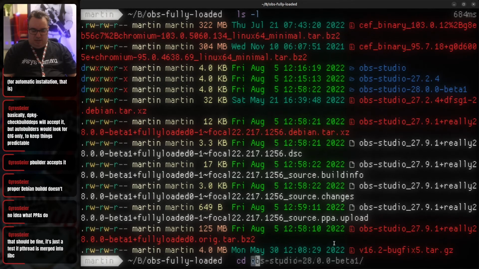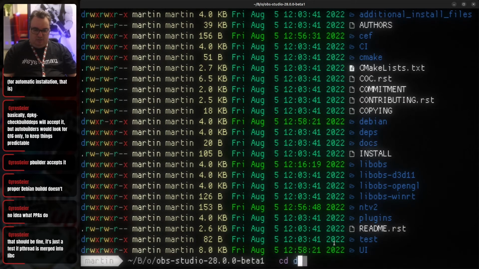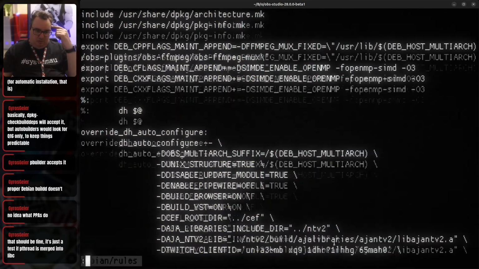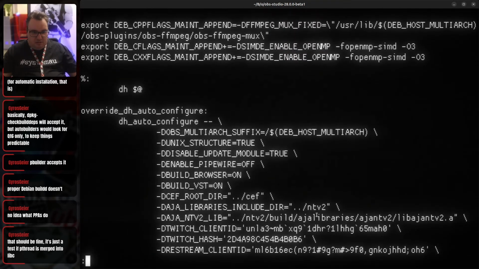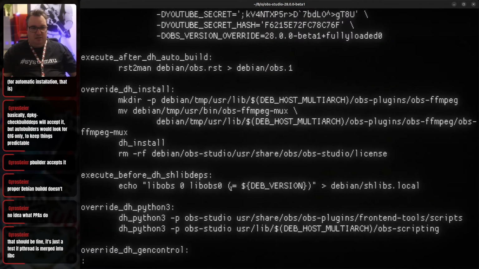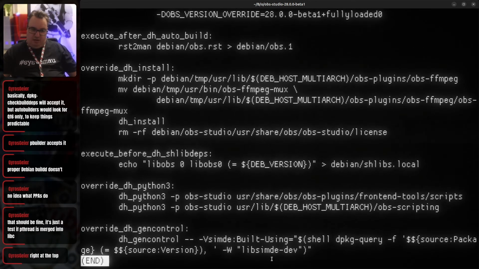So let's just go and take a look at our place where we composed this and look at Debian rules and see if there's anything in here about SIMD stuff, because we may need to... no, this is all fine. This is stuff that I added, so we're not doing that. And do we see anything here? No. Okay, so it's not that. Oh, here we go. This is the thing. I think this is the issue,